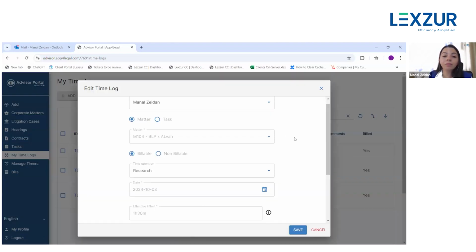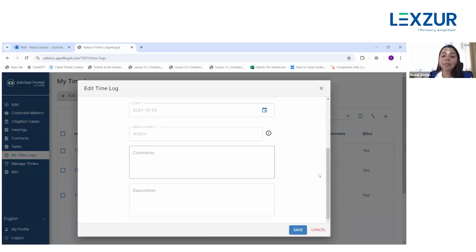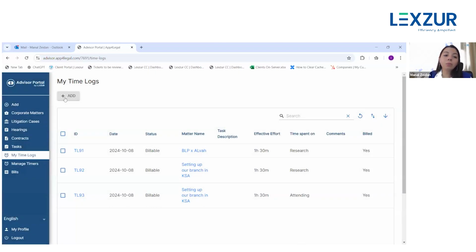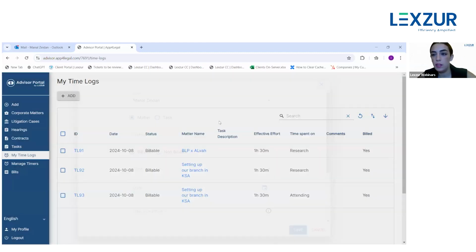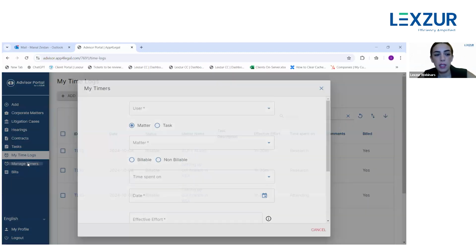You can edit, you can add any comment, add any description to this time log. And of course, you have the option from here to add any new time log as well. So this is the first option that they can log the time inside the system, right, Manal? They have another option to log the time other than the one from the time logs here, which is the